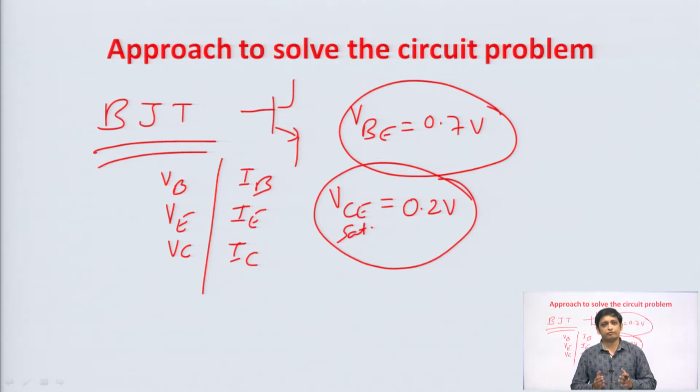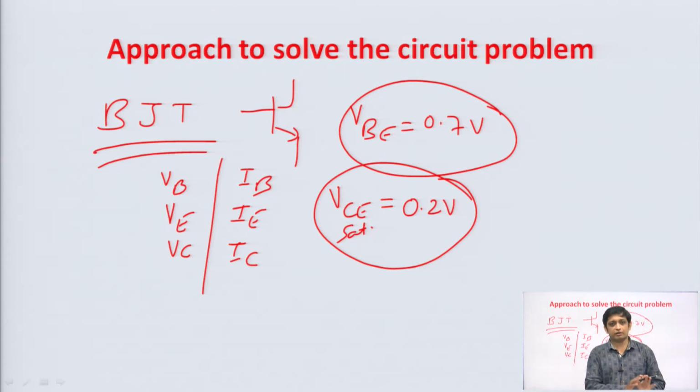So, how to find out the region of operation? Sometimes it is very easy to find out the region of operation of the BJT just by observing the circuit, but it comes after a lot of practice. Fine. If we do not know the region of operation, for example, if we are not understanding, then just assume that the BJT is in active region. In many cases we will be able to find out just by observing the circuit, just by using some common sense.